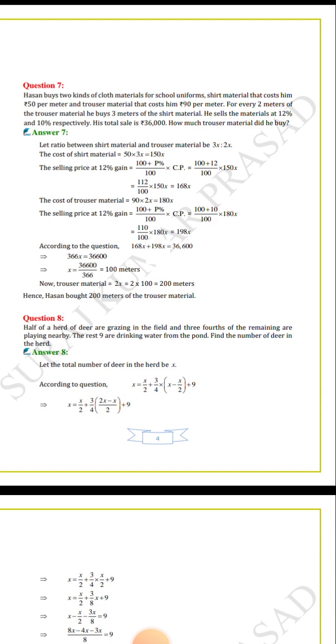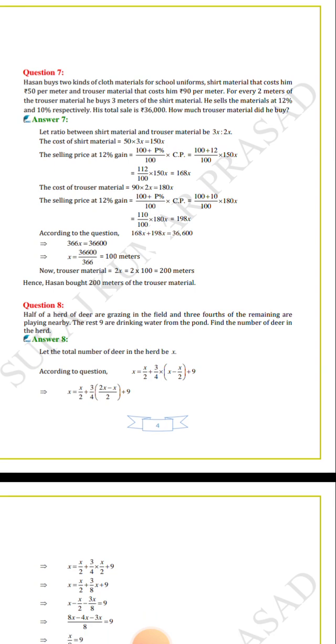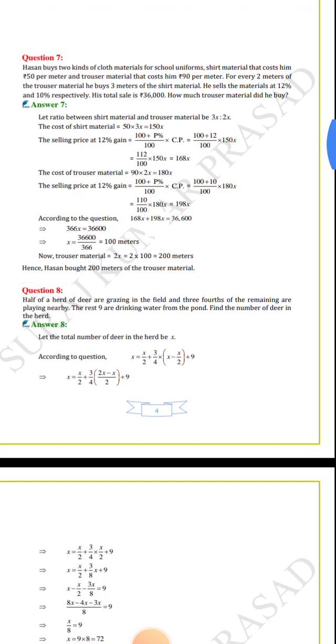The cost of trouser material equals 90 into 2x equals 180x. The selling price at 10% gain equals 100 plus p percentage by 100 into CP. 100 plus 10 by 100 into 180x. Then we can get 110 by 100 into 180x equals 198x. According to the question,